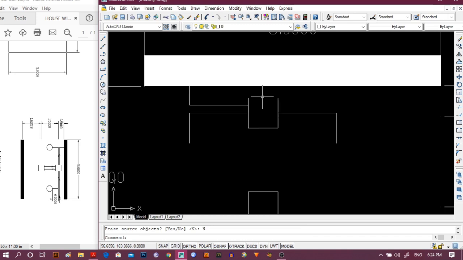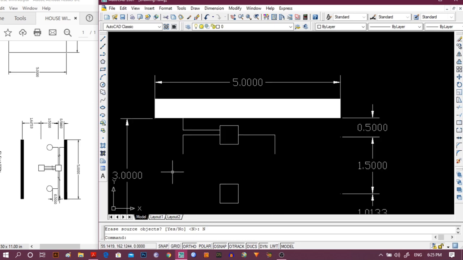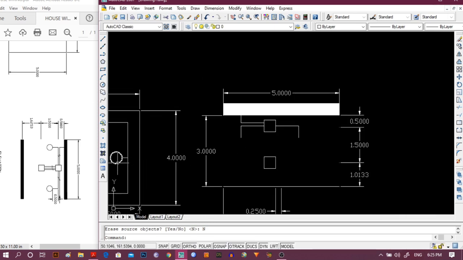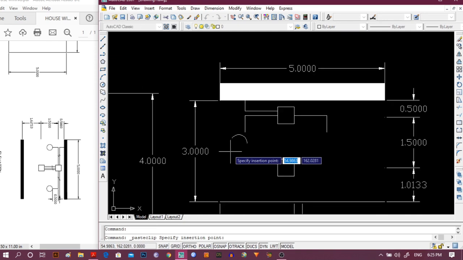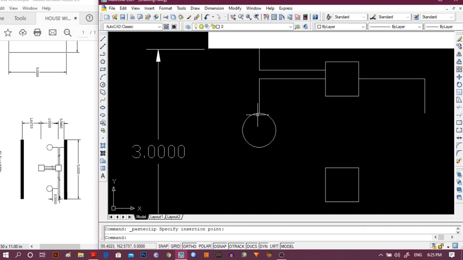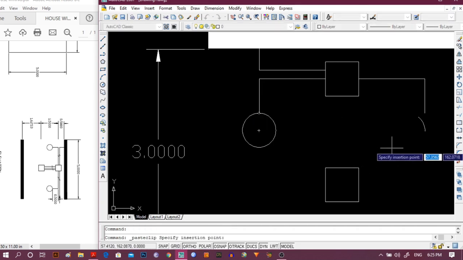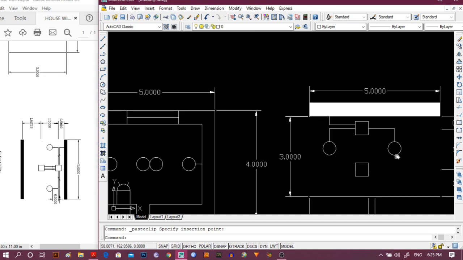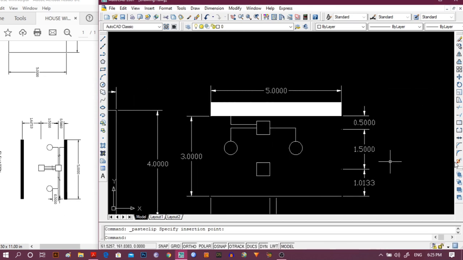Okay, so now we have to put the light. So simply we are going to put the light, copying from here. Okay, now the final line remains.